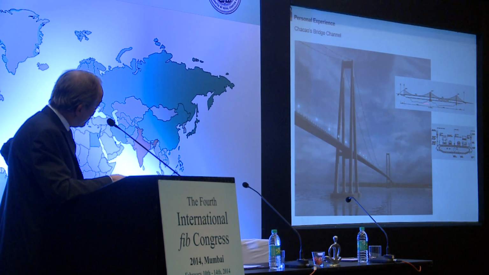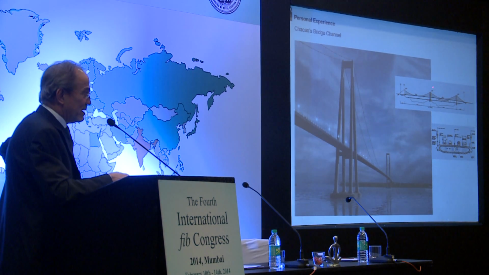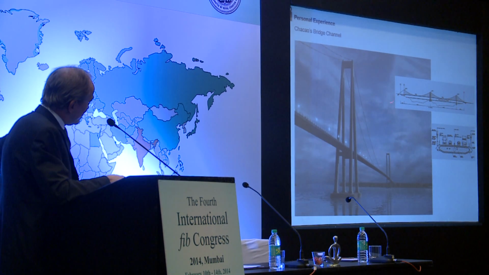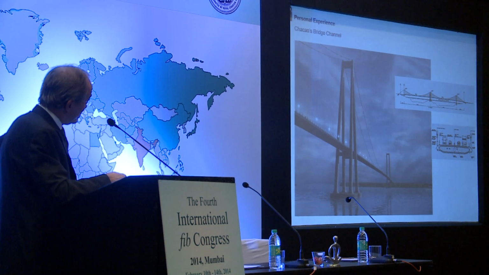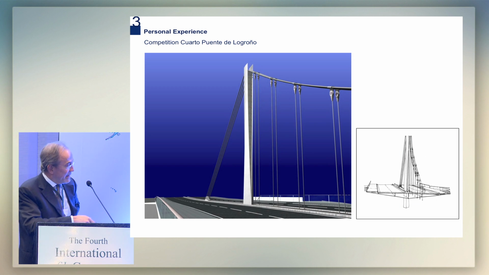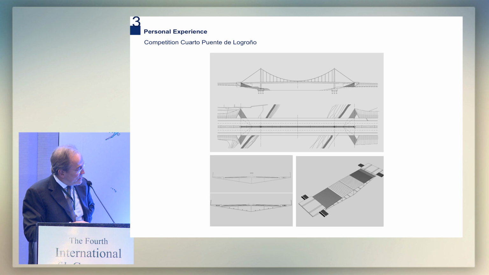And the two spans are completely different, and the conceptual design in this case was the differences of the two spans and the necessity to avoid horizontal forces for permanent loads, and you have to play with the height of these two pylons in order to have the equilibrium in the central pylon for the permanent loads. So, the examples. And finally, here you have the solution, and I want to show you the drawings we presented at that time,